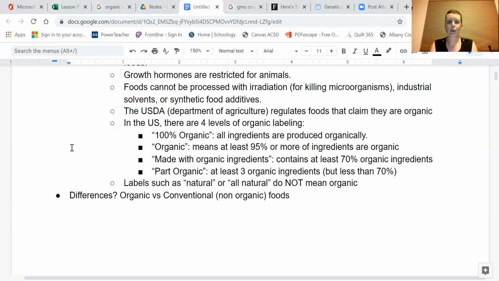And remember, again, we're thinking organic in terms of food language, not in terms of chemistry language. Currently there is no evidence